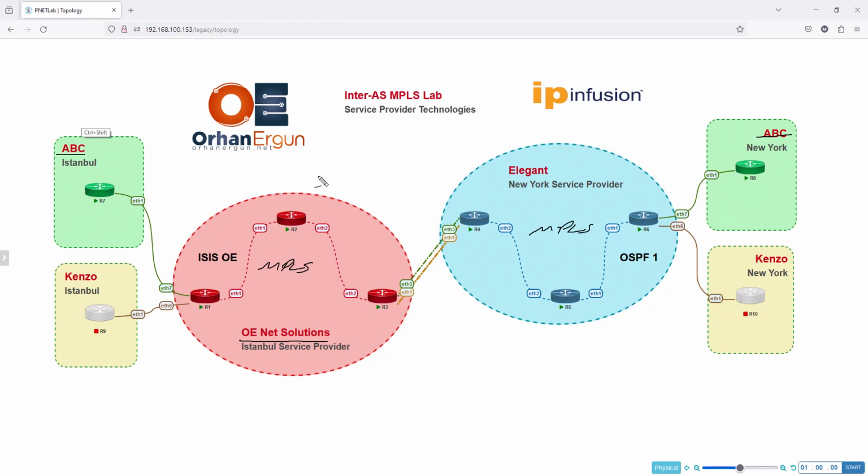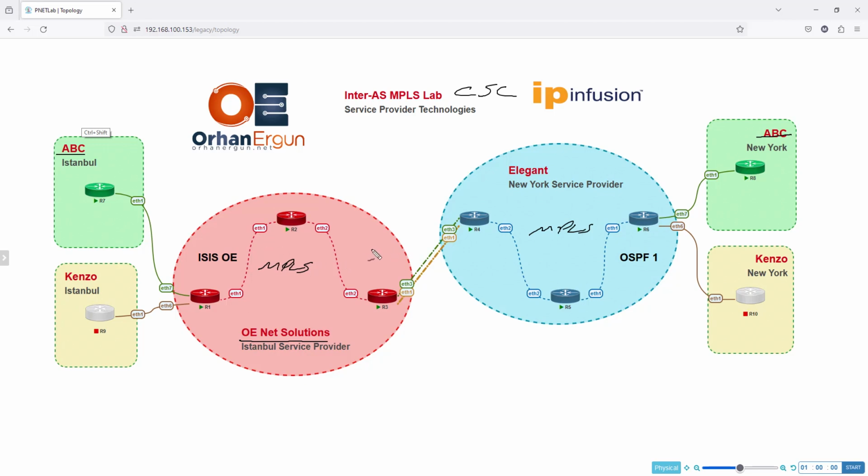Now, why would we do that? Why would we go with such a configuration? Why would we want to have Inter-AS MPLS, or what we call a carrier supporting carrier service? Let's say that there are limitations for the service provider. Service providers cannot have global presence. That's going to be super expensive. They have some limitations, and this is going to cause them to use their peers to enable this kind of